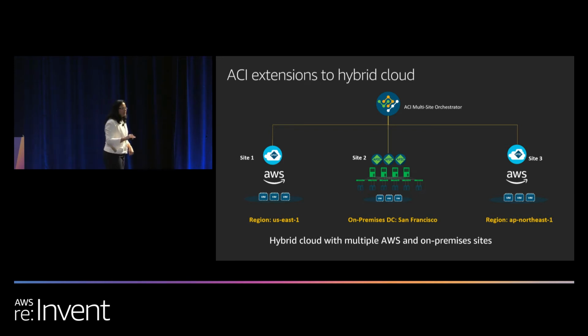Then the second component here is the Cloud APIC. So if you look at the AWS side, there is a cloud APIC icon over there. That is a native controller that we have built for the public cloud. And that controller is sitting basically on AWS as an AMI image. It runs in AWS and it does a few key functionalities. First and foremost, it acts as your policy translator. So it is translating the policies which are defined on the Multisite Orchestrator into the cloud native policy language.